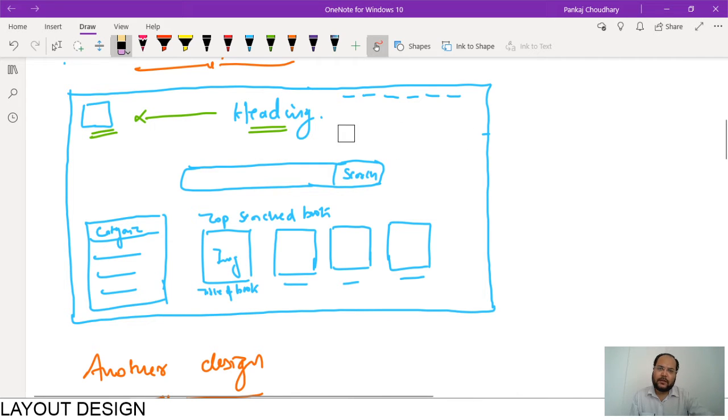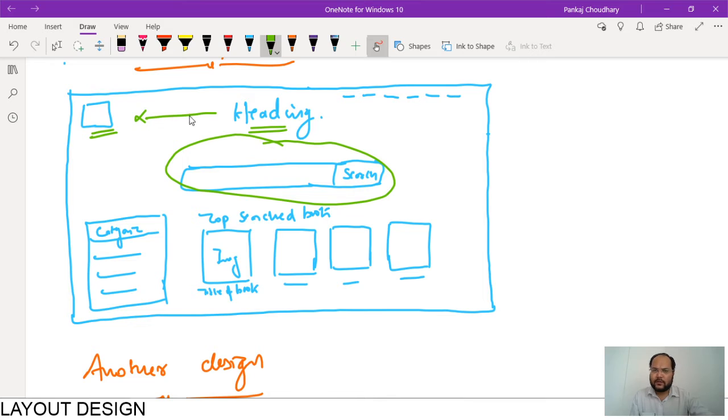After that you have to put a navigation bar. Once you have your navigation bar in this section, the user can search for any book. This layout I'm talking about is for books. Here the user can type the book name or title and then search. Also on the left side we have created one list box in which we have mentioned the heading categories. Here will be a list of categories that the user can view, that these are the categories of books.